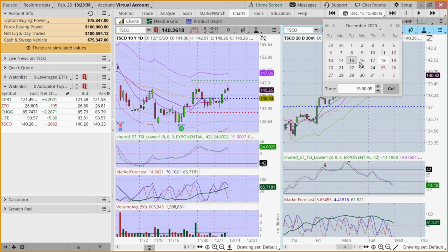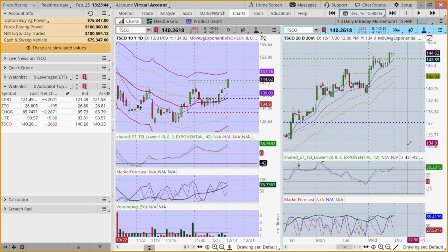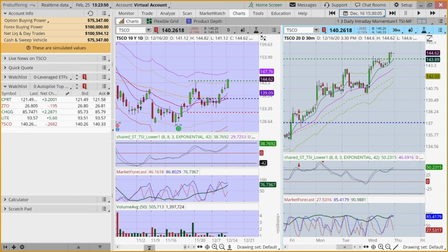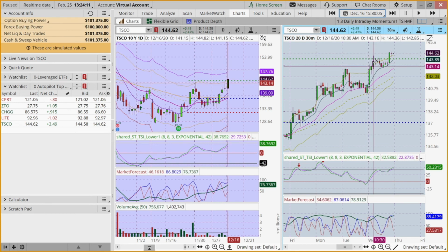So let's go to the 16th. What happens on the 16th? Price action actually reversed and triggered and went on up to the upside. We'll let that buffer out, because as you can see, it shows up 144.62. Now our trigger was, it shows it is selling at 144.60. In actuality, it would have triggered right there, somewhere between 10:30 and 11 o'clock, at